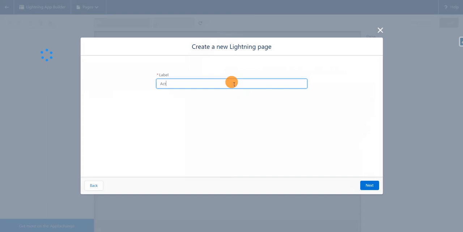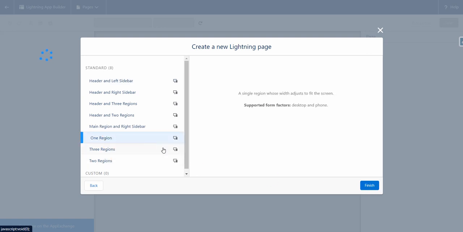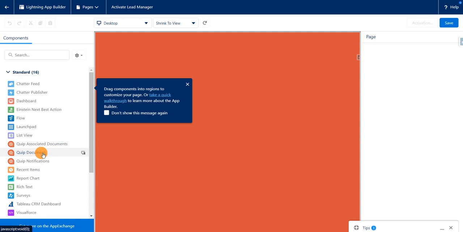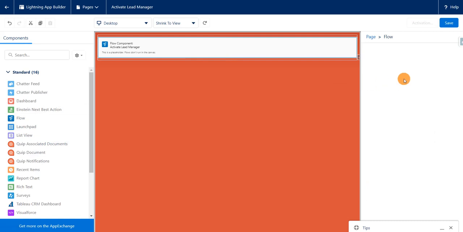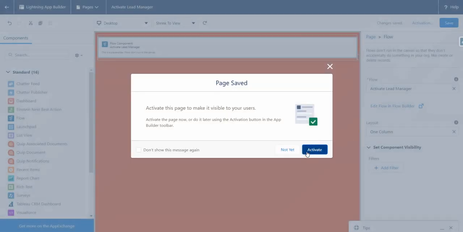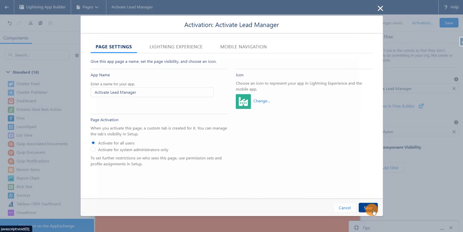I'll name this Activate Lead Manager, click on next, add only one region, and click on finish. Inside this, I'm going to drag in the flow which we created, select the flow, Activate Lead Manager, and click on save. Now activate this Lightning page and click on save.